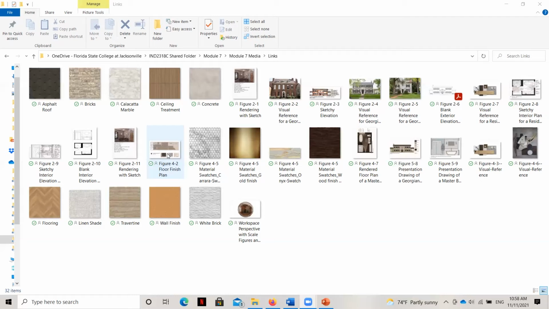Okay, so the next thing I want to talk to you about is how to select pages from your InDesign template. Now, I looked at my InDesign template a long time ago and decided what pages I thought would work really well for my layout. And so I'm going to show you those right now.